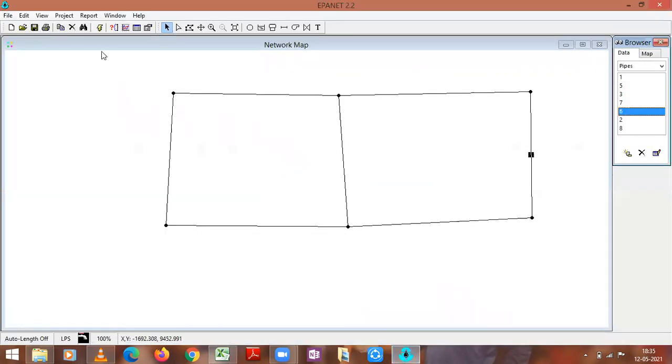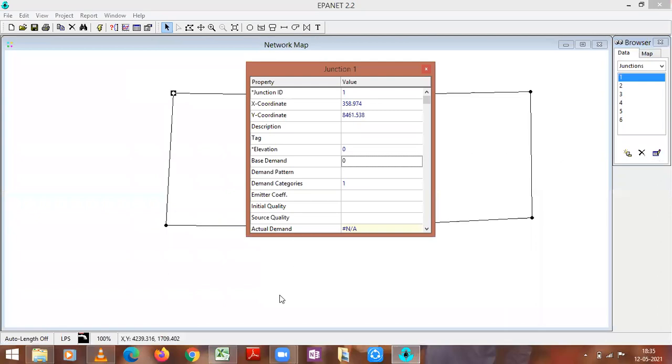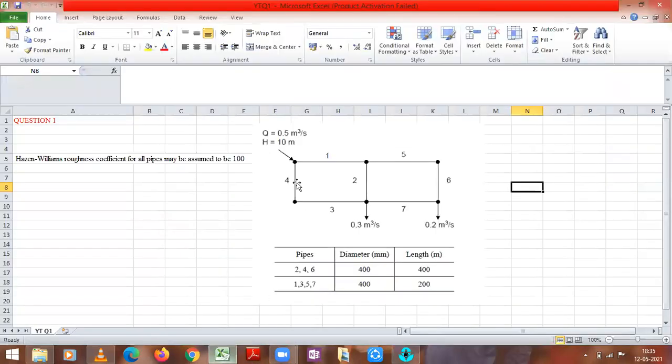So if I go to data, I go to junctions. At this junction 1, what is the demand? Base demand. This is my junction 1. What is the demand here? 500